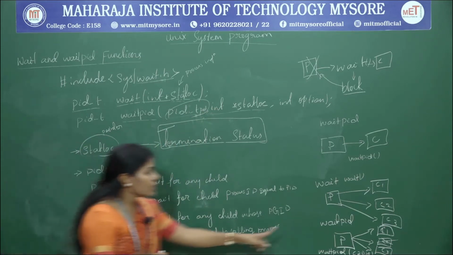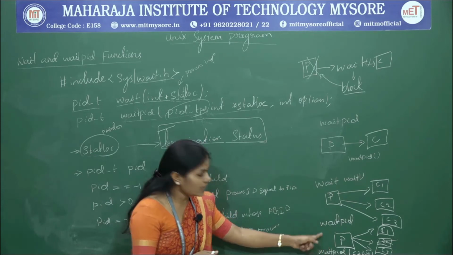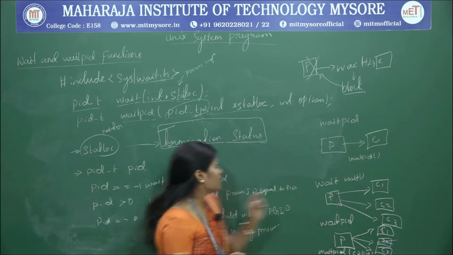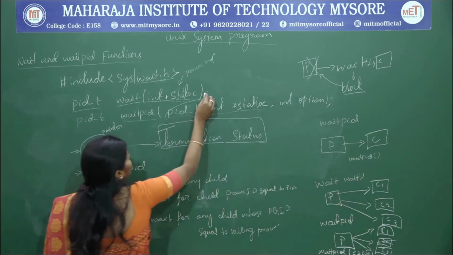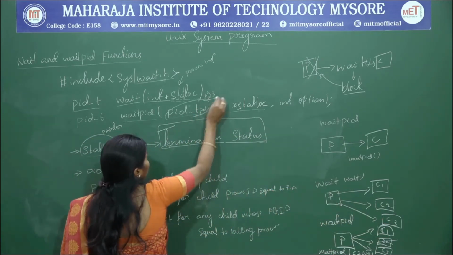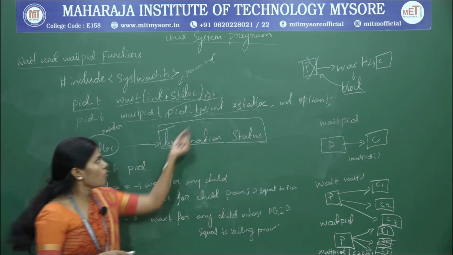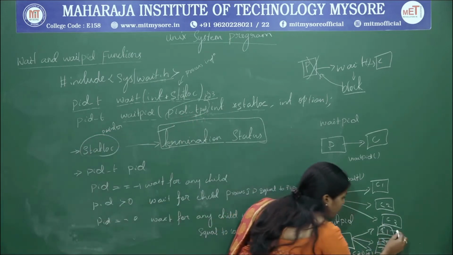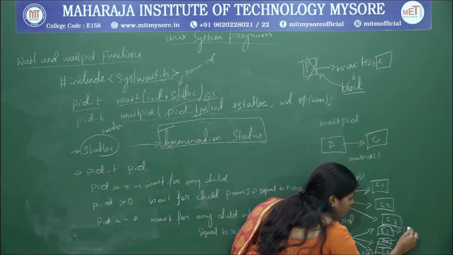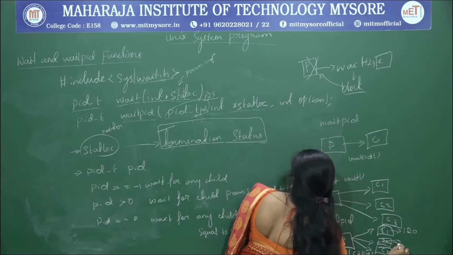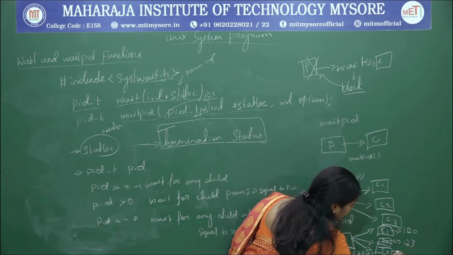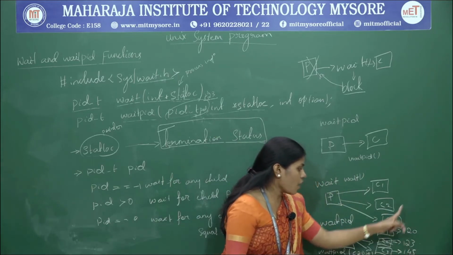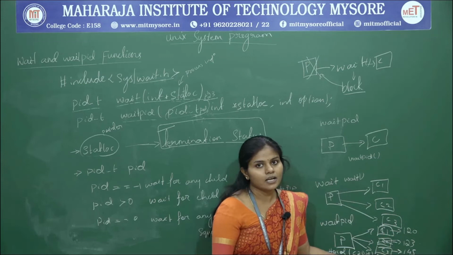So as I said, the PID is going to get any one of the child termination status. You can specify here the PID, in that you can specify 1, 2, 3. So what is that 1, 2, 3? It is the process identification number for the child. Suppose, for example, child 1 is going to have 1, 2, 0, child 2 is going to have 1, 2, 3 and then 1, 4, 5. So these are the process IDs of child 1, child 2, child 3 respectively.